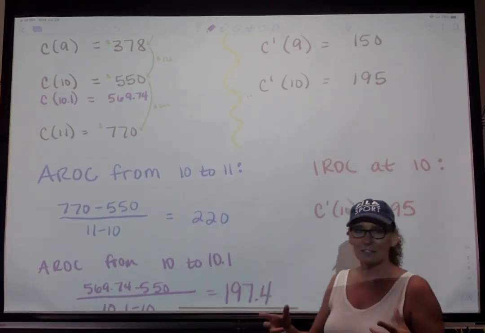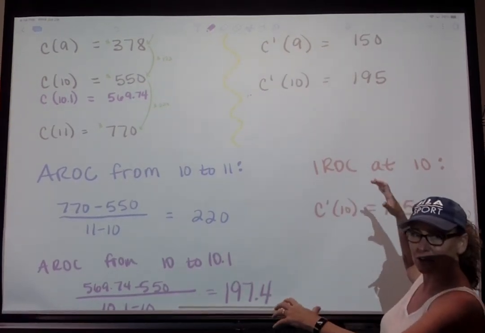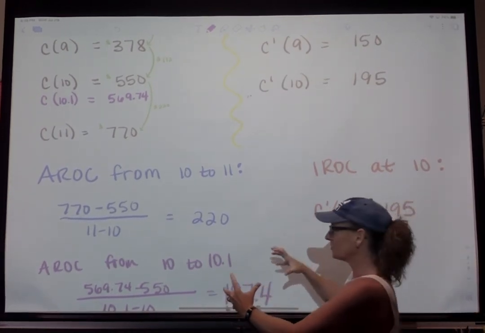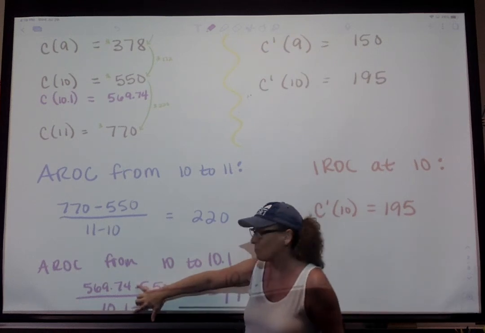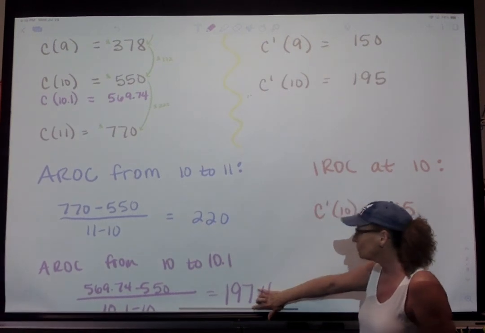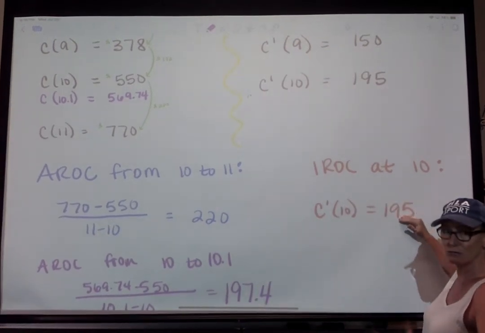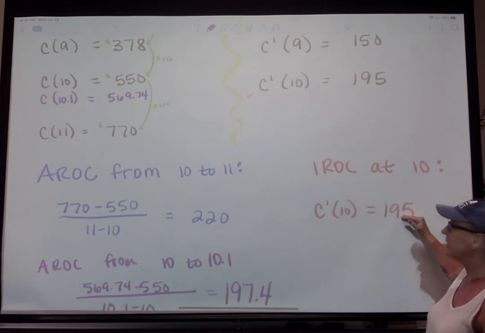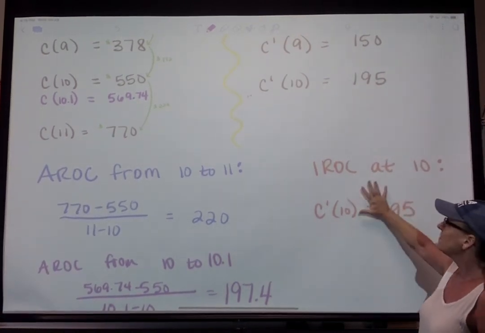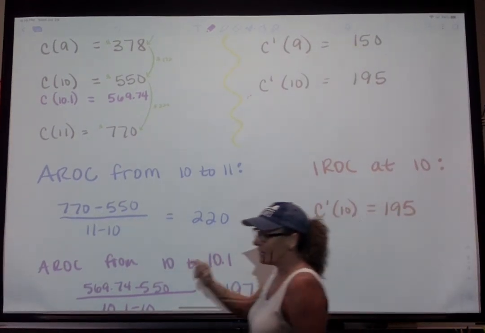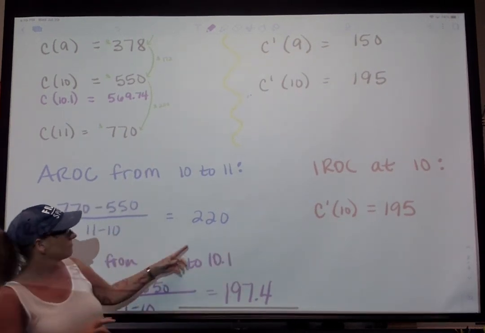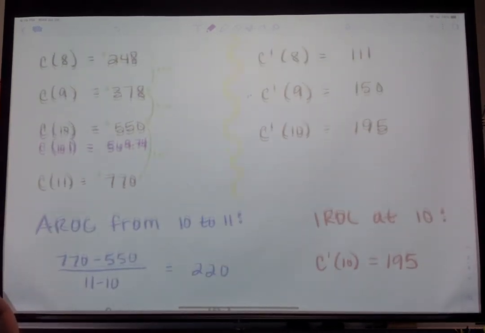Like this takes us way back to where I had points P and Q on a graph, and we did an average rate of change and how far apart they were, and I brought them closer and closer and closer together. That's what I just did. I just brought points closer together, and you can see how my average rate of change is getting closer to my instantaneous rate of change, my derivative, the actual instantaneous rate of change. Of course they're different because of how far off they were. But what this tells us is,